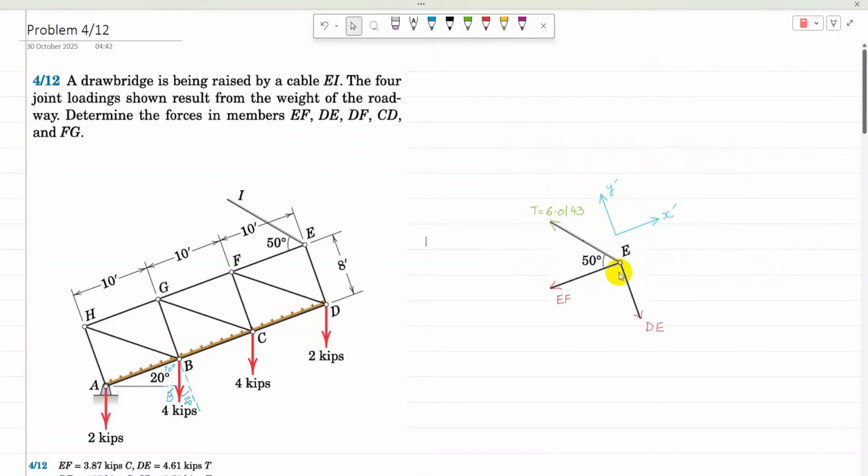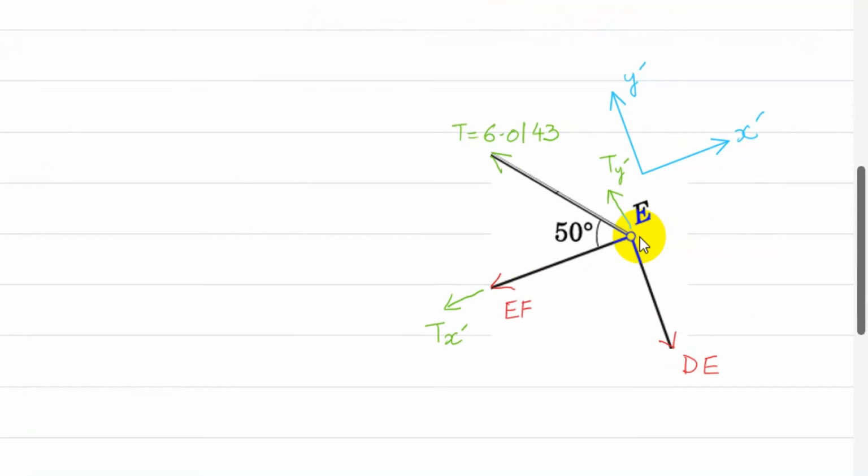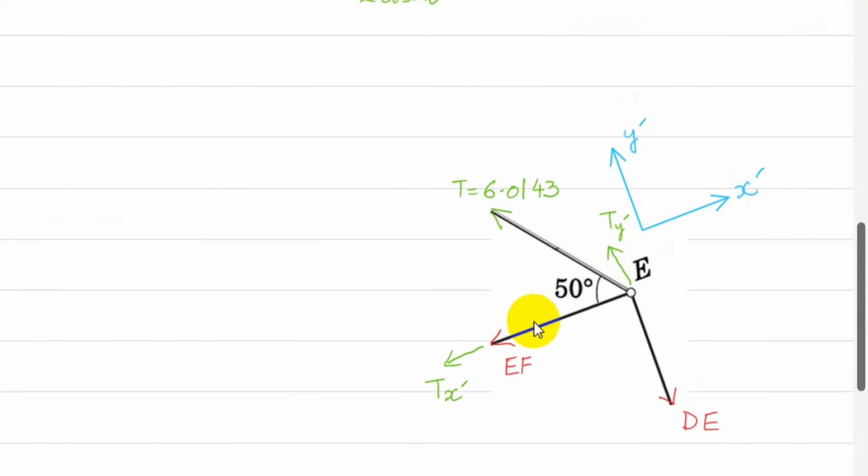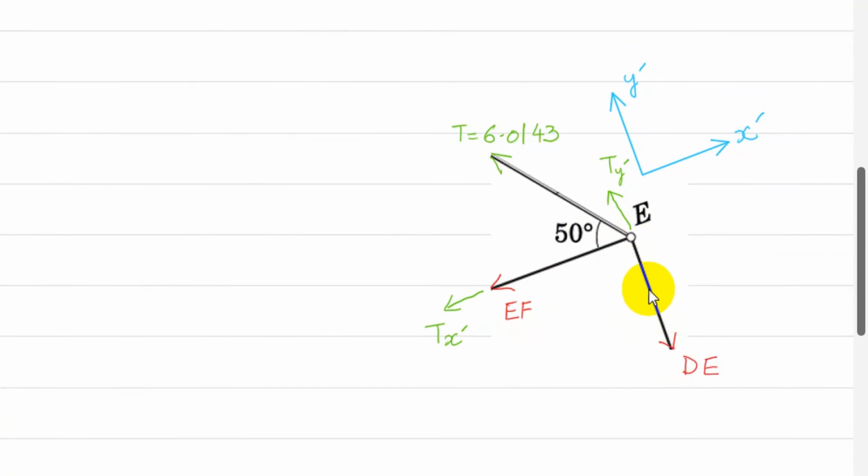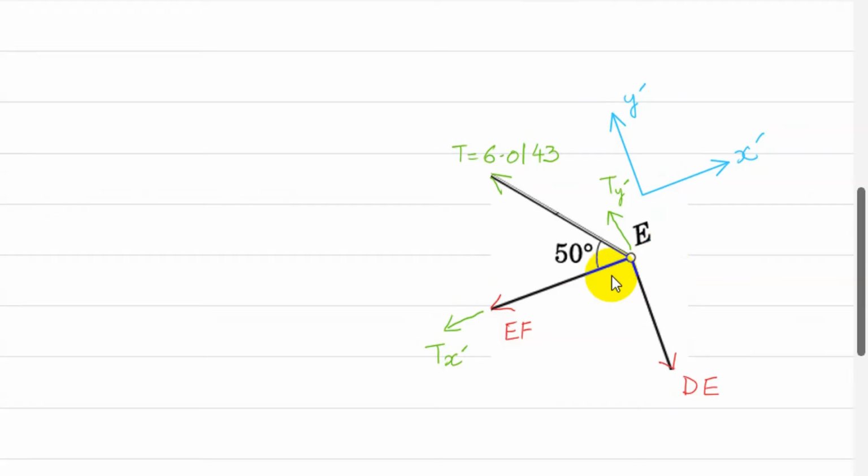So that's the free body diagram of joint E. So EF and DE are assumed in tension, so they are acting along x prime axis and y prime axis, and T is an inclined member, so we need to resolve T into its components. So at joint E, inclined member T is resolved into its components along y dash and x dash, and